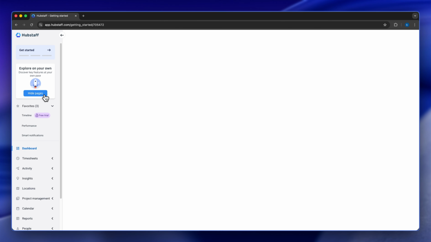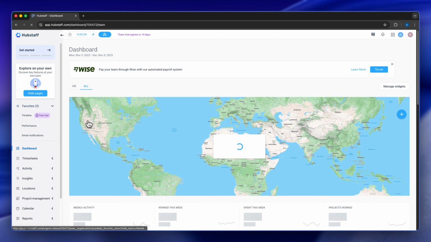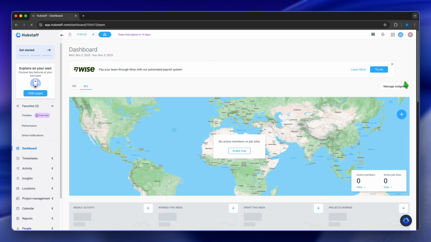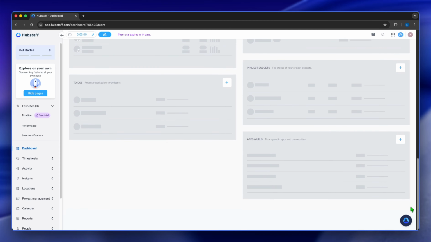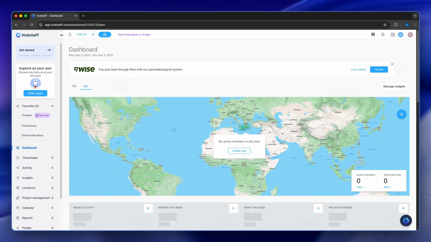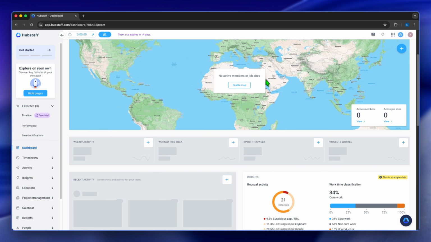Now that it's loaded, we're going to click on this arrow and we're going to click on show pages. We're going to scroll down and we're going to go to dashboard. Now we have a beautiful dashboard with detailed analytics here. Now it says no active members or job sites. Now because we didn't invite any members when it prompted us to,